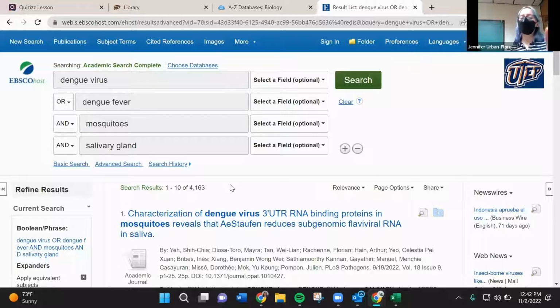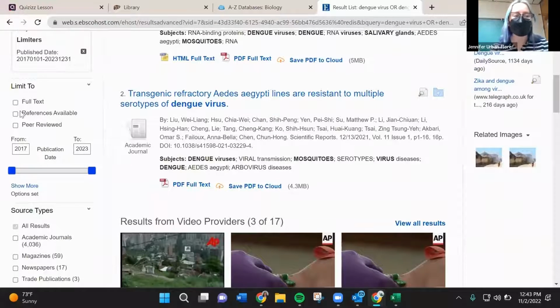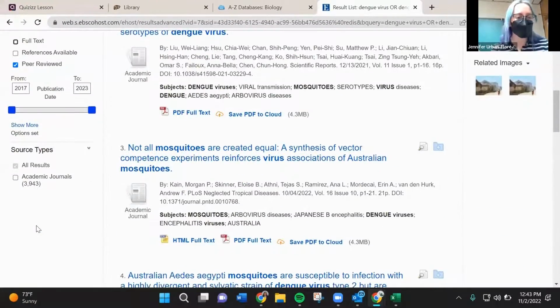So yeah, we've been working on tweaking your research question a little bit here. Do you feel like these are helpful tools already that you're seeing here, or is there another part of this that you'd like to see more narrowed down? Yeah, but how can I make it more narrowed down? I want like 4,163 liters there. That's still quite a bit, right? And so here I can start limiting too with more filters. So I could say, I only want stuff that's peer reviewed. That narrows it down a little bit more.